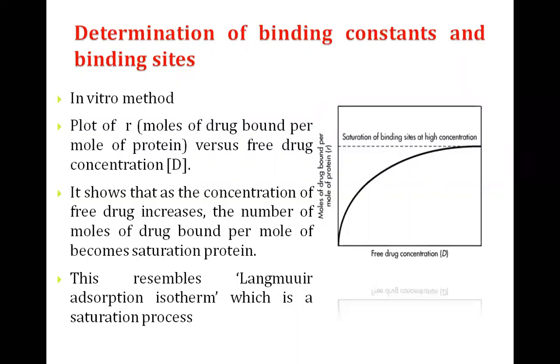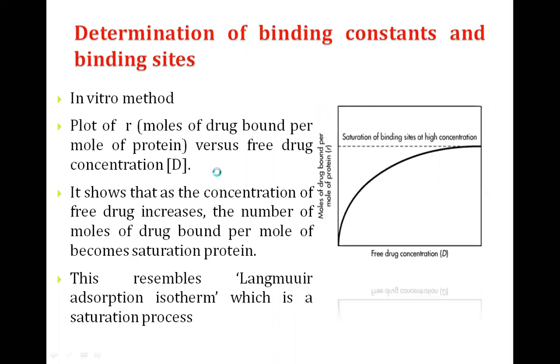Okay, fine. We have determined all this analytically. I know the value of free drug. I know the value of free protein. I know the value of the drug bound to the protein. That is, I know D, I know P, I know PD. So experimentally, I have done this. Fine, I know all this. Now, by chance,